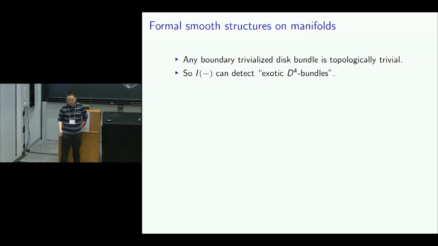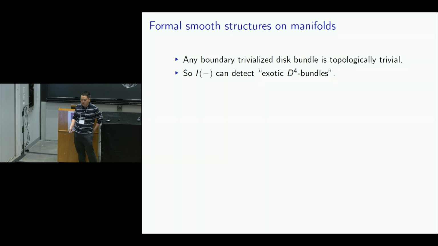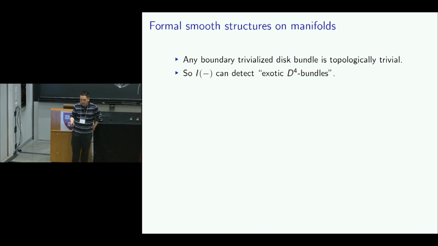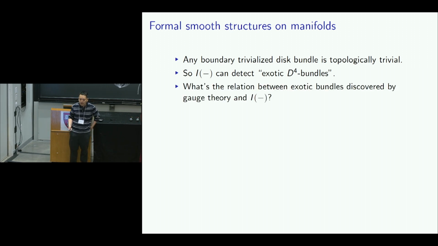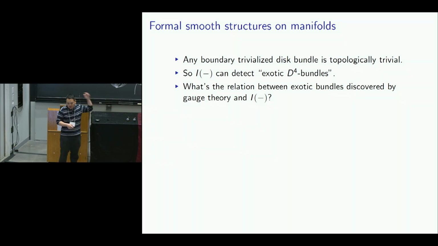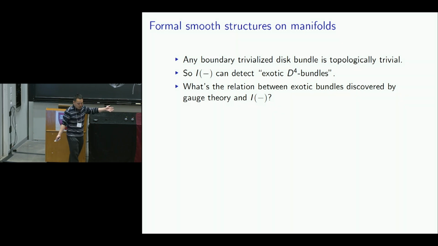So actually, this configuration space integral detects exotic disk bundles. Exotic means it's topologically trivial, but smoothly non-trivial. Okay? And this sounds very, very exciting because this invariant doesn't quite use gauge theory. It doesn't use partial differential equations. You can see it just uses configuration spaces. And a natural question is,